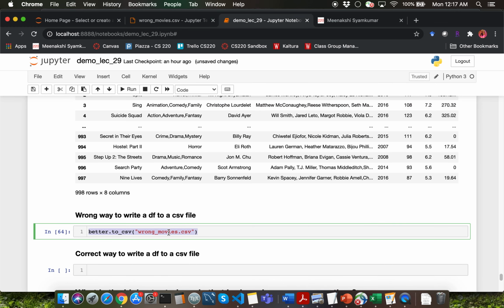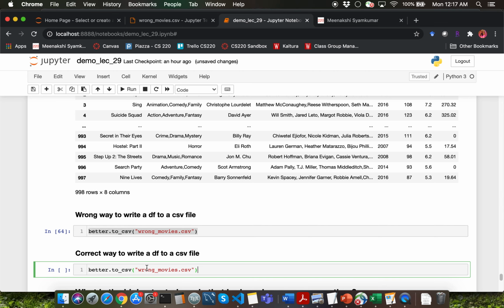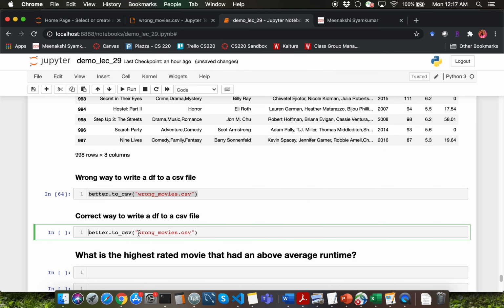The correct way to write a CSV file from a data frame is by saying that we do not want to write the index, and the way that you can say that is by using the index parameter, and you have to pass a value of false to it.